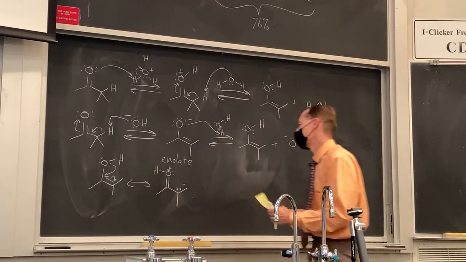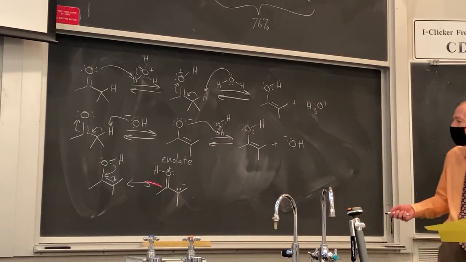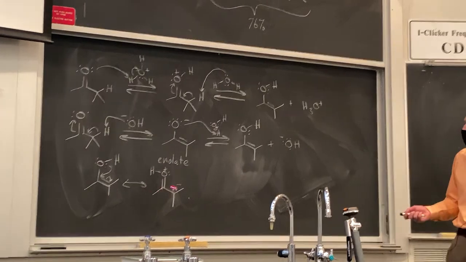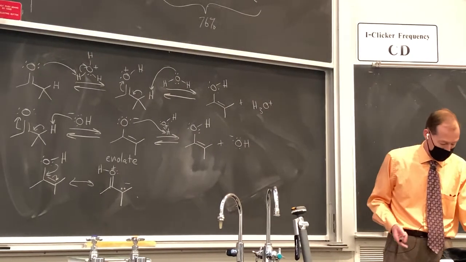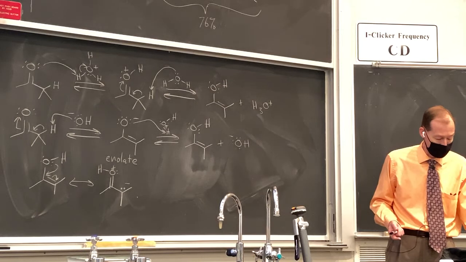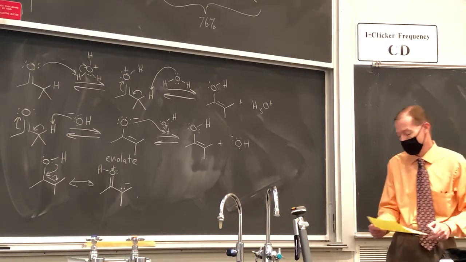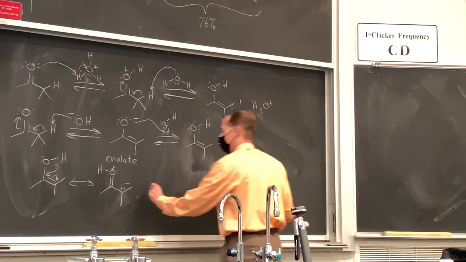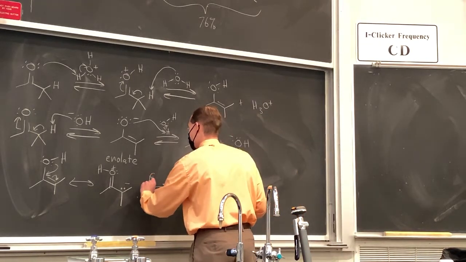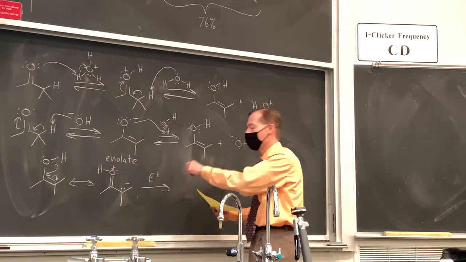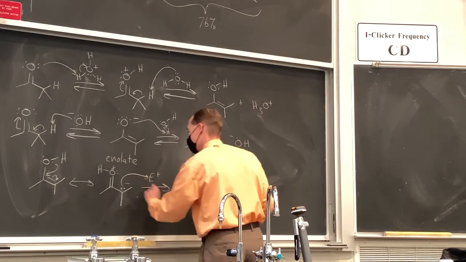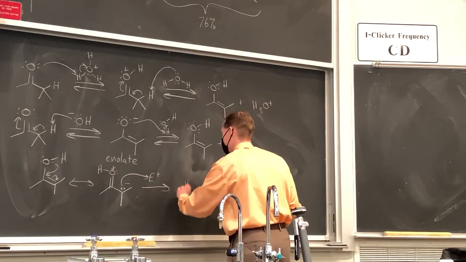Okay? So this is definitely a minor contributor, but it has a negative charge on the carbon. And so what it tells us is that the enol is going to be nucleophilic on that carbon. So we can react with an electrophile. We're going to abbreviate the electrophile just as E+. We can react with an electrophile,